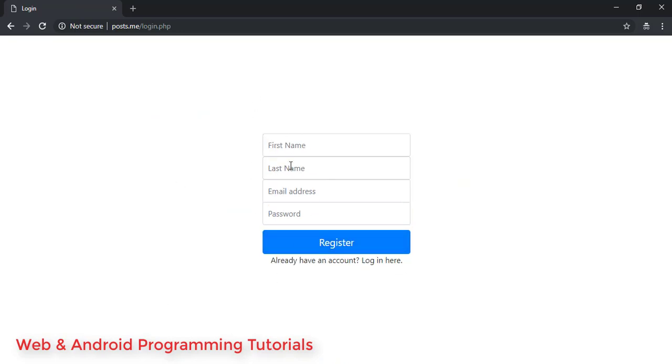I'm gonna add a functionality to, if we are, if we are, if we are, if we are, if we are, if we are, if we are, if we are, if we are, if we are, if we are, if we are, if we are, if we are, if we are, if we are, if we are, if we are, if we are, if we are, if we are, if we are, if we are, if we are, if we are, if we are, if we are, if we are, if we are, if we are, if we are, if we are, if we are, if we are, if we are, if we are, if we are, if we are, if we are, if we are, if we are, if we are, if we are, if we are, if we are, if we are, if we are, if we are, if we are, if we are, if we are, if we are, if we are, if we are, if we are, if we are, if we are, if we are, if we are, if we are, if we are, if we are, if we are, if we are, if we are, if we are, if we are, if we are, if we are, if we are, if we are, if we are, if we are, if we are, if we are, if we are, if we are, if we are, if we are, if we are, if we are, if we are, if we are, if we are, if we are, if we are, if we are, if we are, if we are, if we are, if we are, if we are, if we are, if we are, if we are, if we are, if we are, if we are, if we are, if we are, if we are, if we are, if we are, if we are, if we are, if we are, if we are, if we are, if we are, if we are, if we are, if we are, if we are, if we are, if we are, if we are, if we are, if we are, if we are, if we are, if we are, if we are, if we are,